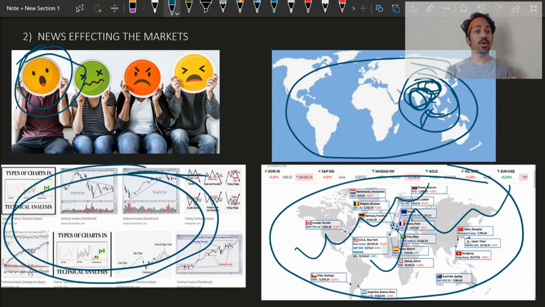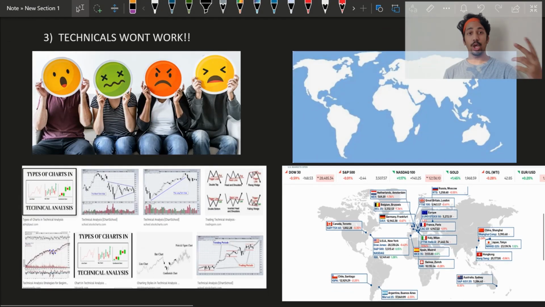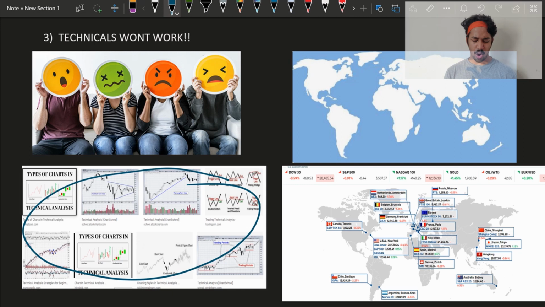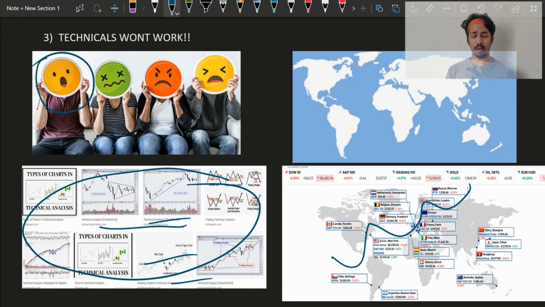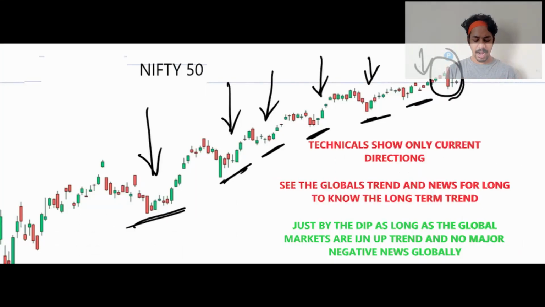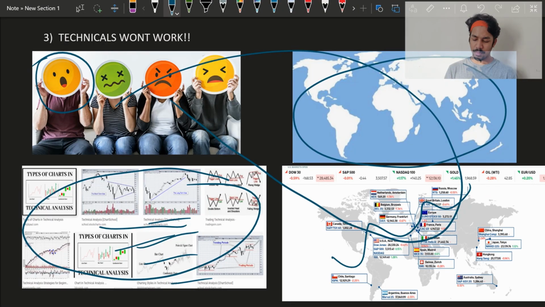The technicals won't work unless you see the above two things. If you are a technical analyst, obviously we know a lot of technical tools and we analyze through technical charts or the indicators which we always use for our investments. But what if the global trend is up and the markets are cheerful and all the major markets all around the world are rising? Your technicals won't work at that point of time when all these three things are on the positive side.